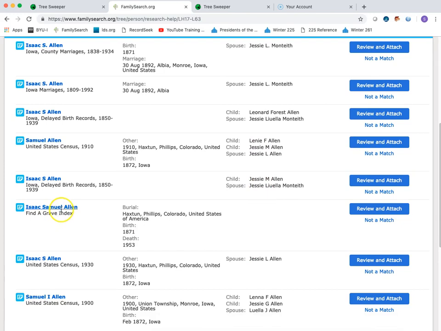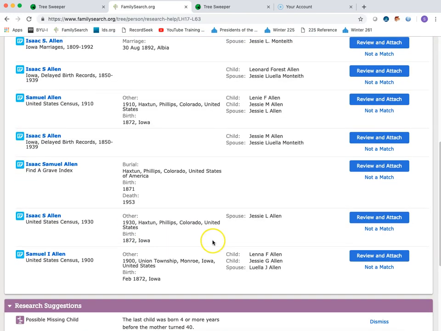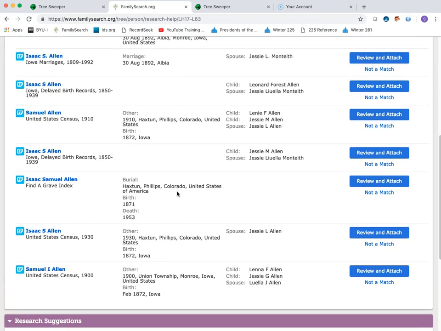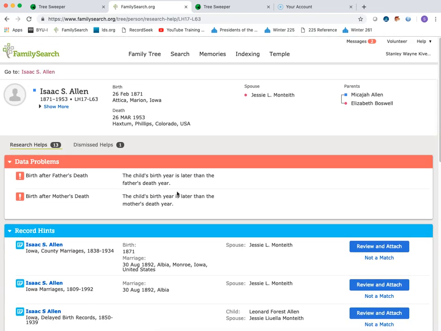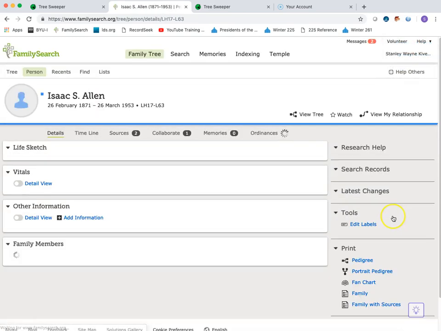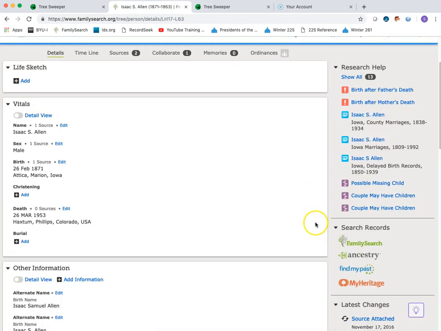Here's a Find a Grave, and that's going to be helpful, but I'm going to show you that same one on Ancestry. And this one has, again, wife and children. So even though there's a lot of sources, none of them help me know who the parents are. So I'm going to come back to Isaac, and when I click the Ancestry link, that takes the information that